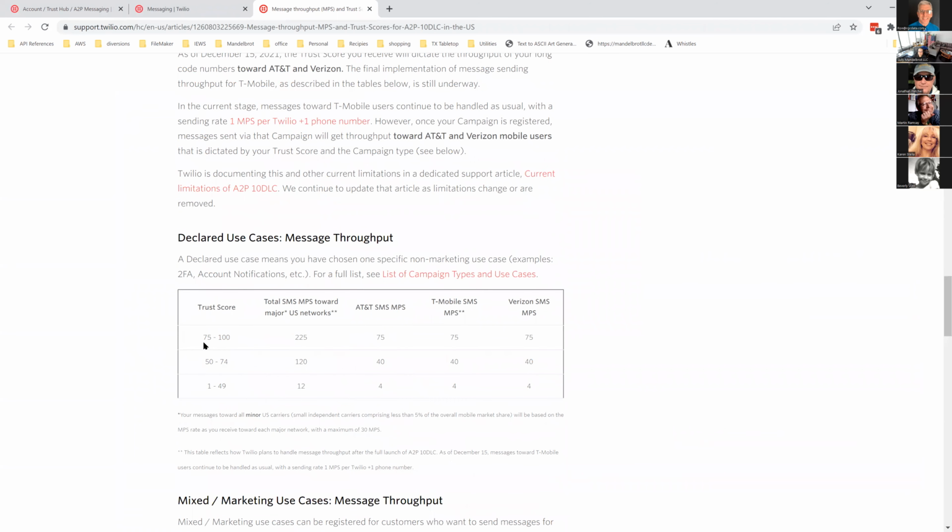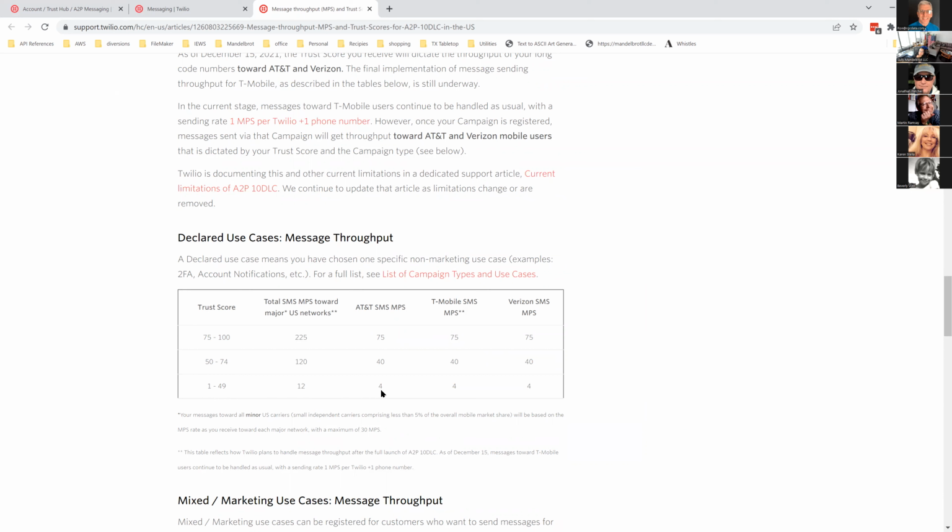Usually the people in this top tier have 30 or 50 employees at least, or they are listed on the Russell 2000 index. I think there's another way that you can basically get a 100 score without really doing anything. But for people who are 49 and below, you can send 4 messages per second at the most.